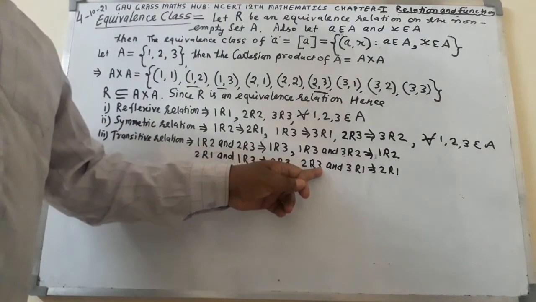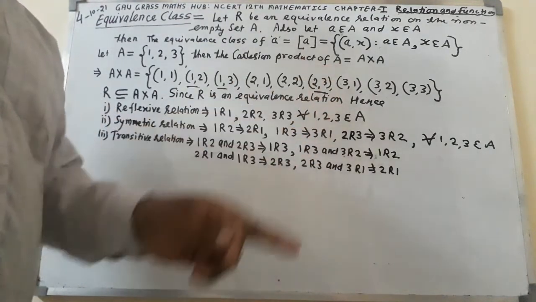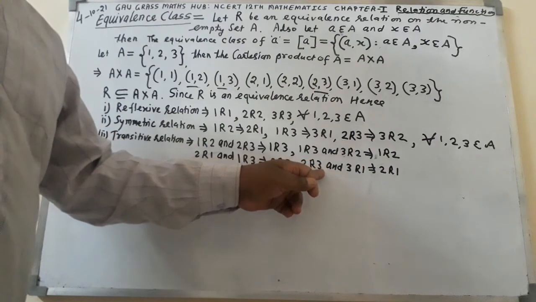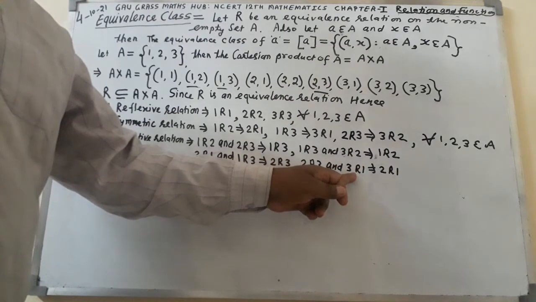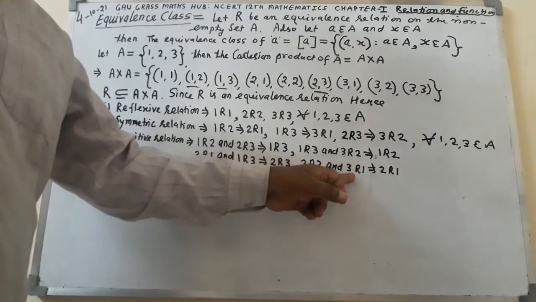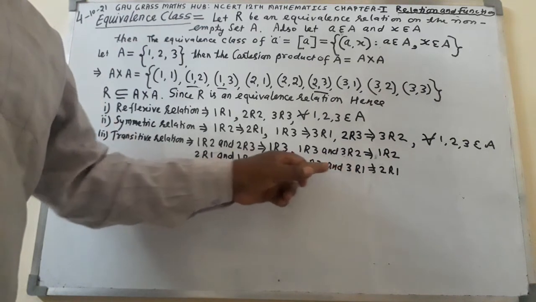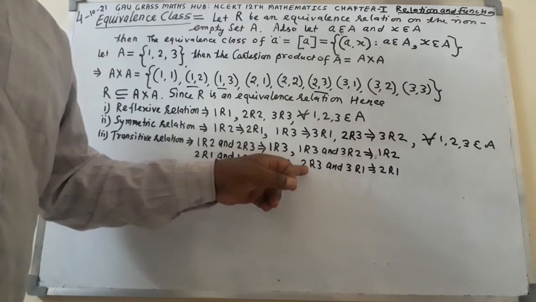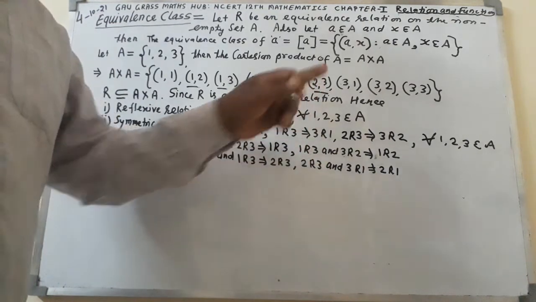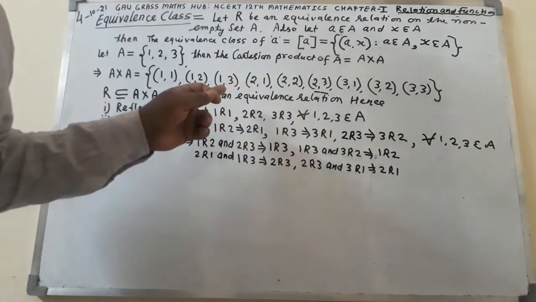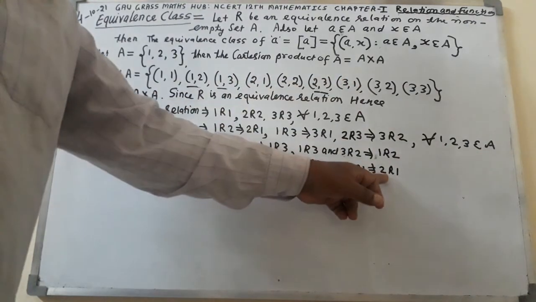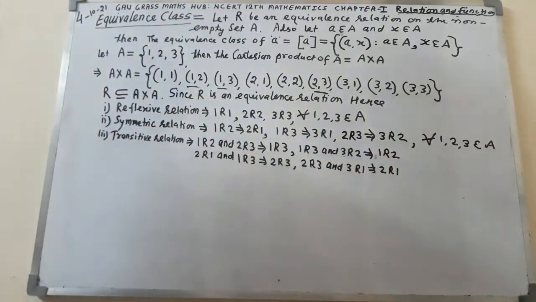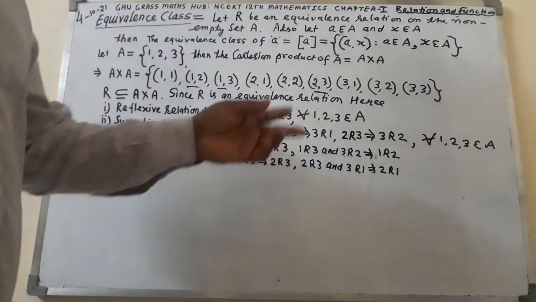2 related to 3, you can see at this place. Then 3 3 must be clubbed together and will be eliminated. The next ordered pair you will get is 2 related to 1. So here 2 3 is also there at this place, 3 1 is also there at this place, 2 1 is also there at this place. Verified. 2 related to 3, it is over.